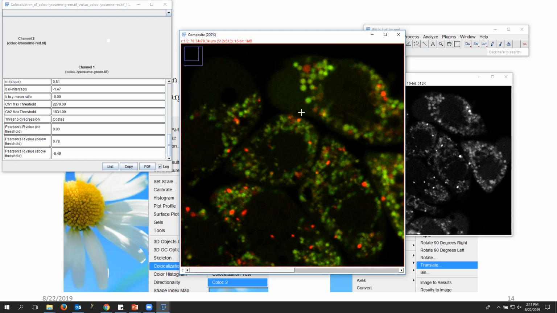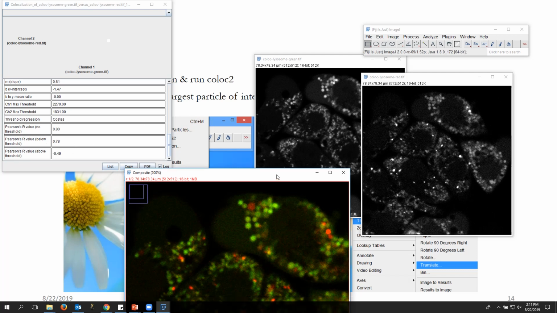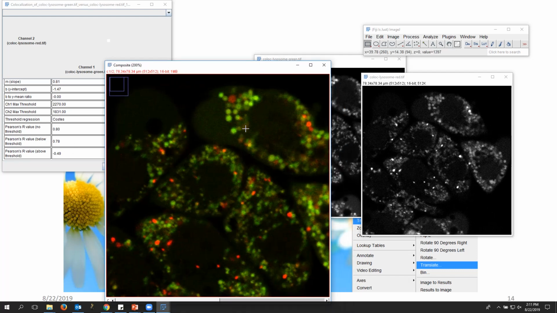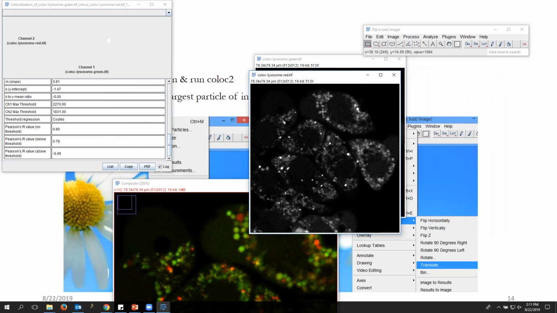So you see there's a very strong correlation, and by looking at the image itself, you can say, oh, they are so nicely exact duplicates of each other, and that's what you see here. Now how do we prove that it is actual colocalization, not some fake number? What we do is we take one of the images like this, and then we will do a translation.